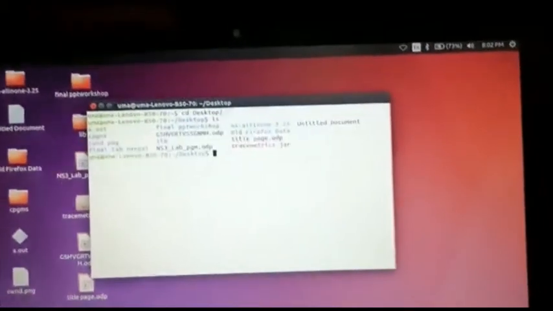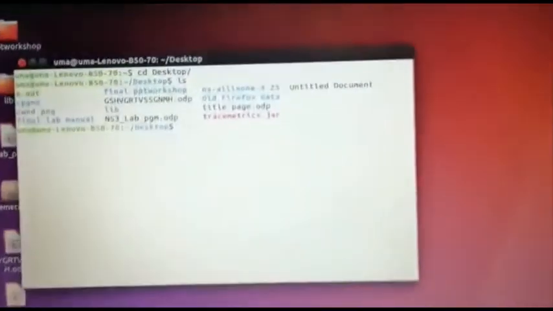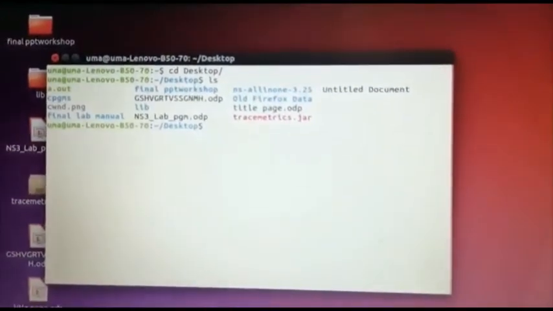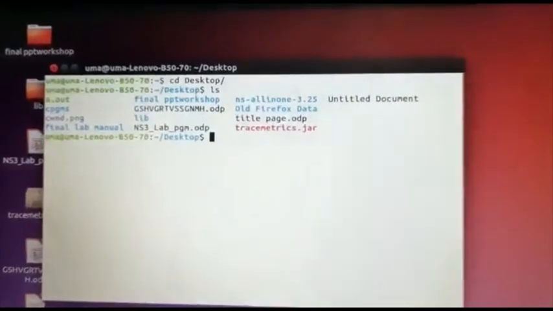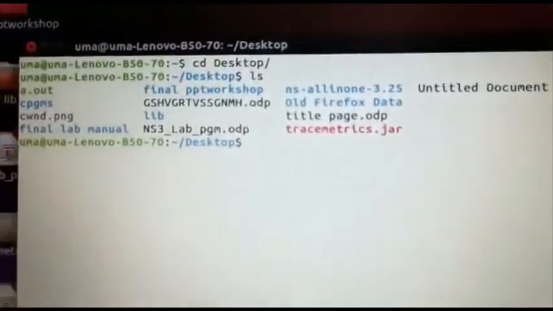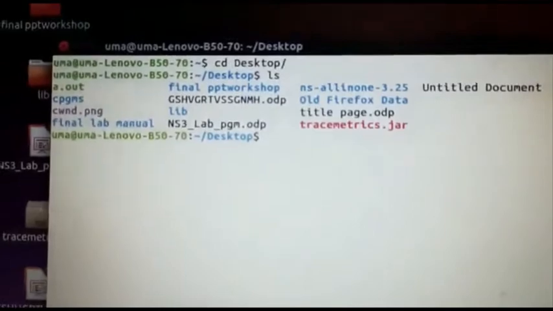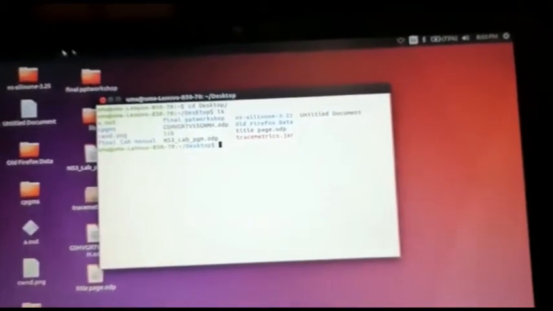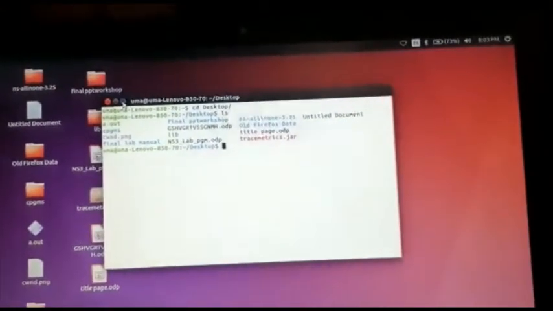If I do an ls operation here, you will see all the various packages which are present on the desktop. Can you see one written in red, tracemetrics.jar? That is a separate package which you need to run trace files or to check trace files. What I'll do now, I'll just maximize the screen. Now how do we run trace metrics?